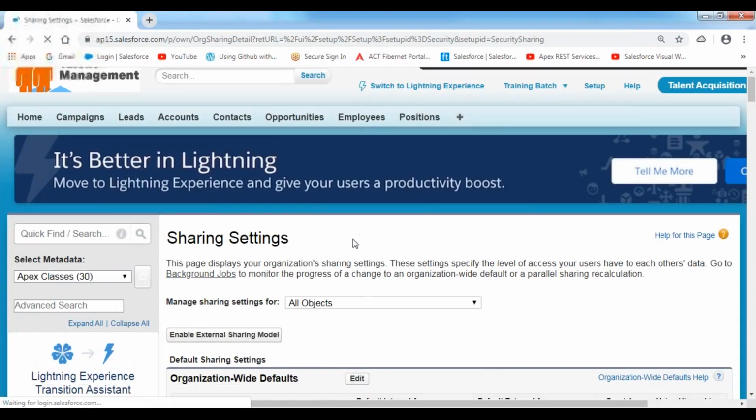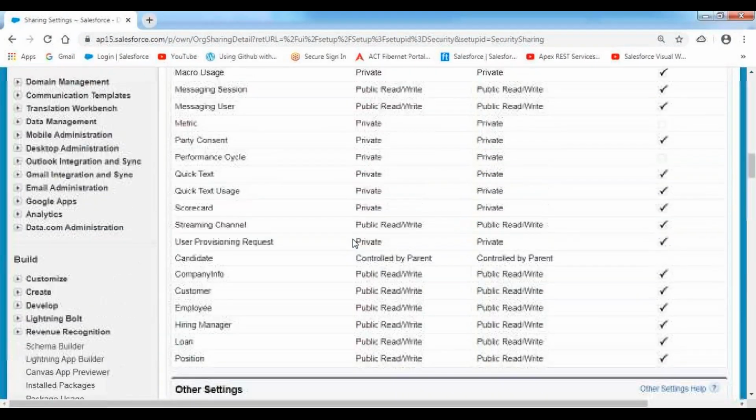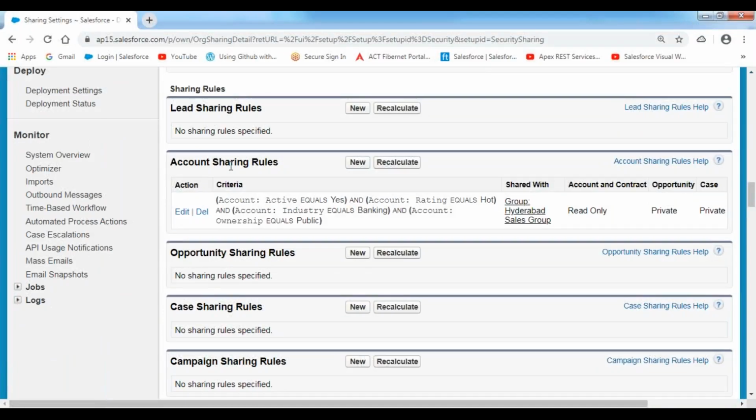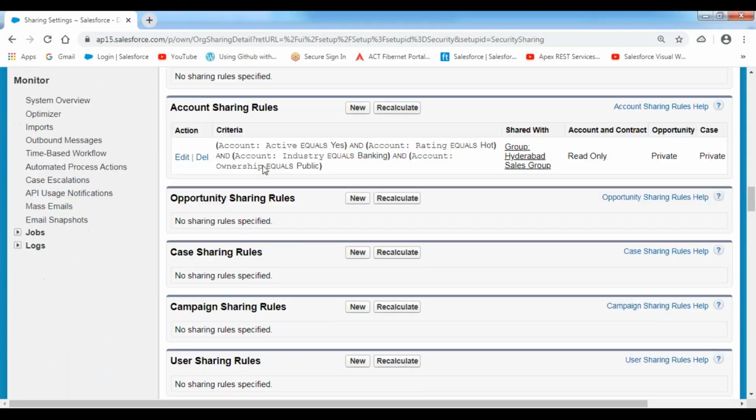Whenever we create sharing rules, for example, for your account object, we create one sharing rule. Like if the account record's rating value is equal to hot, and the industry is equal to banking, and the ownership is equal to public, and the active status is equal to yes. If these 4 conditions are satisfied, I'm sharing the record to the Hyderabad sales group